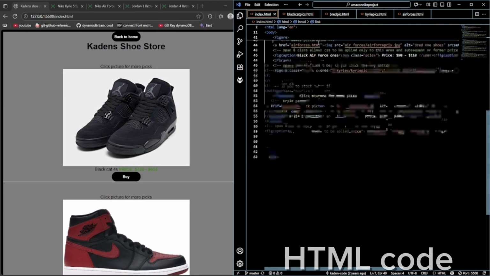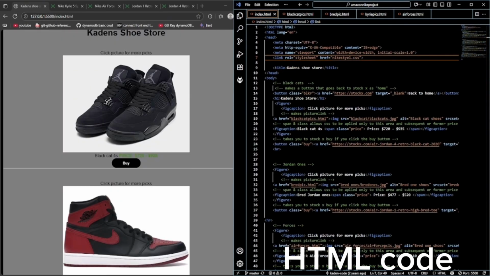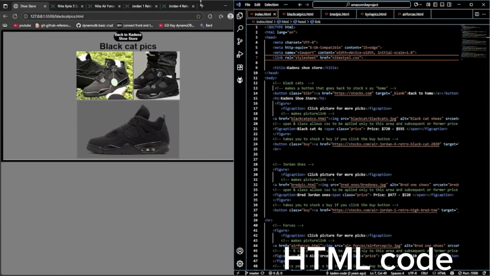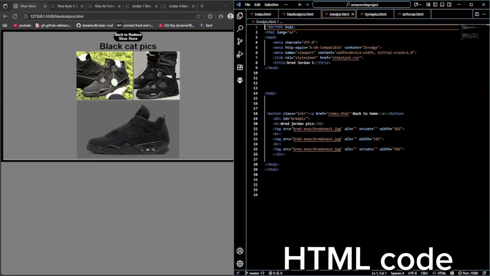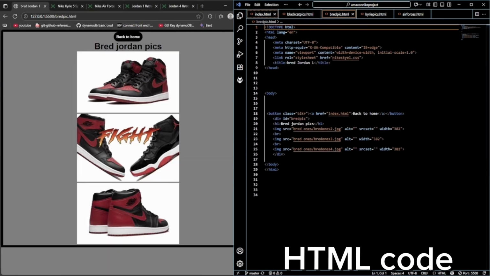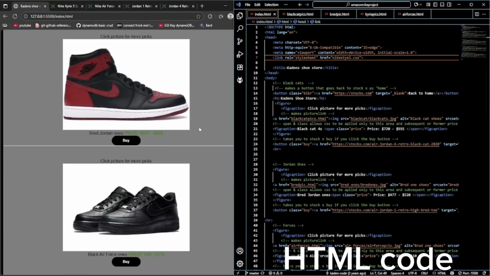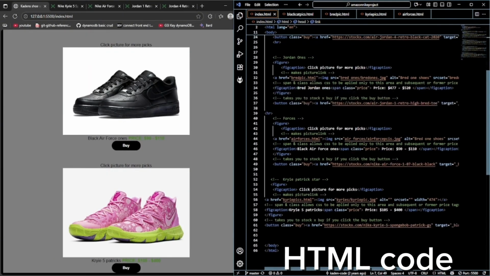On the right is the HTML code that I wrote. So I have this main site, and then each subsite, which is just the images, would be like this, and I did the same thing for each thing, so that would be this, and just so on and so forth. Like, it's literally the exact same for each one. 3 images, same CSS and everything. And then for the actual styling,